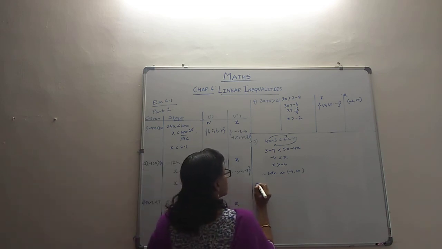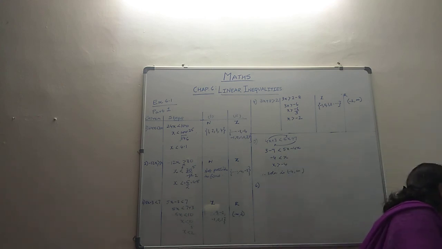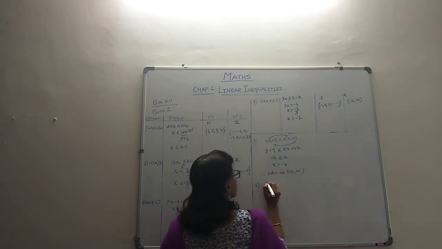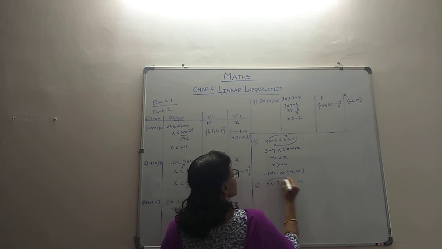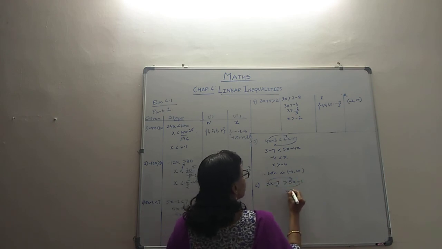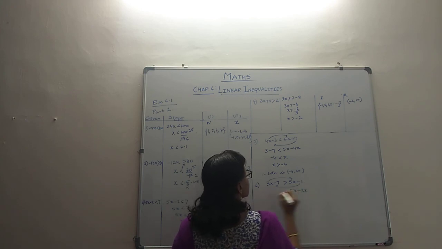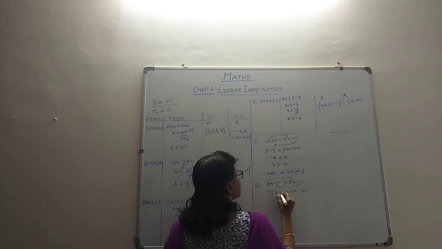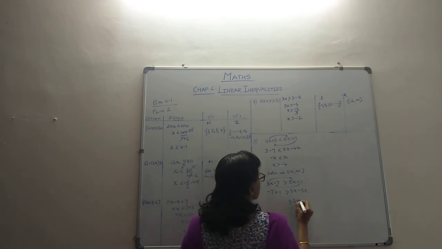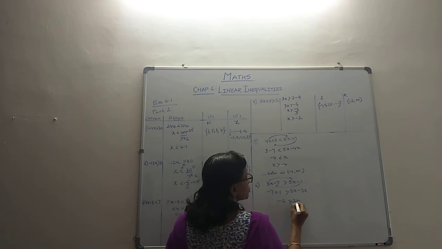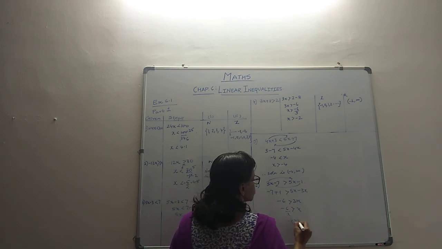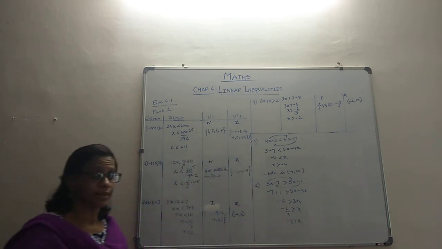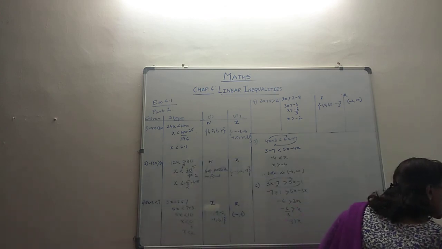Let's take the sixth problem also. See what it says. It says that 3x minus 7 is greater than 5x minus 1. So let's have the 3x coming here, minus 1 coming here. 5x is already there, plus 3x becomes minus 3x, minus 7 is already there, plus, minus 1 becomes plus 1. So here it is 2x and here it is minus 6. The 2 can go on the other side, so it will become minus 6 by 2. So you have x to be every value that is less than minus 3, right? So you are having values which are less than minus 3.